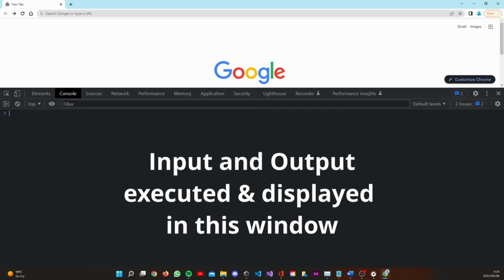Once your browser console is open, you will see a sidebar open. This is where input and output are to be executed. So, in your console tab, we will be typing